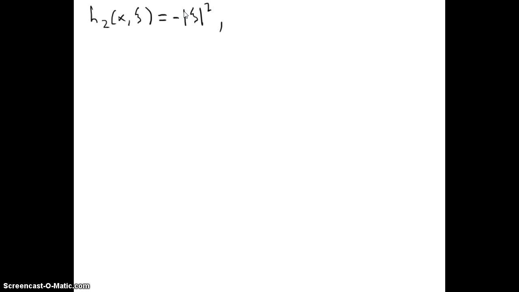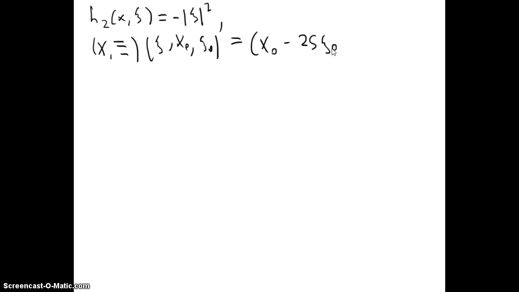In the case of constant coefficients, H2(x, xi) is minus xi squared. The bicharacteristic flow is given by (X(s, x naught, xi naught), Psi(s, x naught, xi naught)) equal to (x naught minus 2s xi naught, xi naught). Okay,